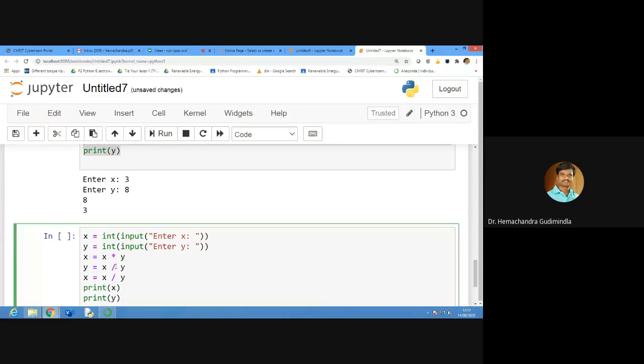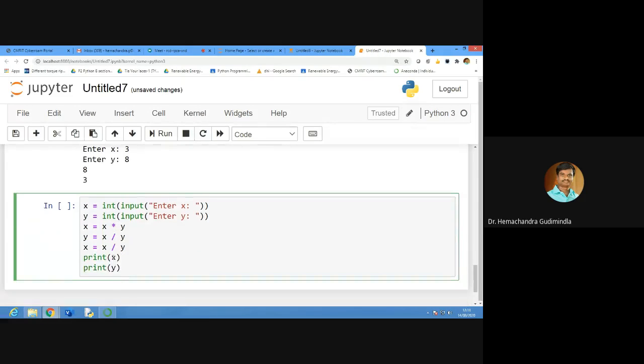So if you are using integers, you use the double slash, integer division. Otherwise, you will get a float value. Anyway, you know that, right? Otherwise, you can write here int of x, and int of y.